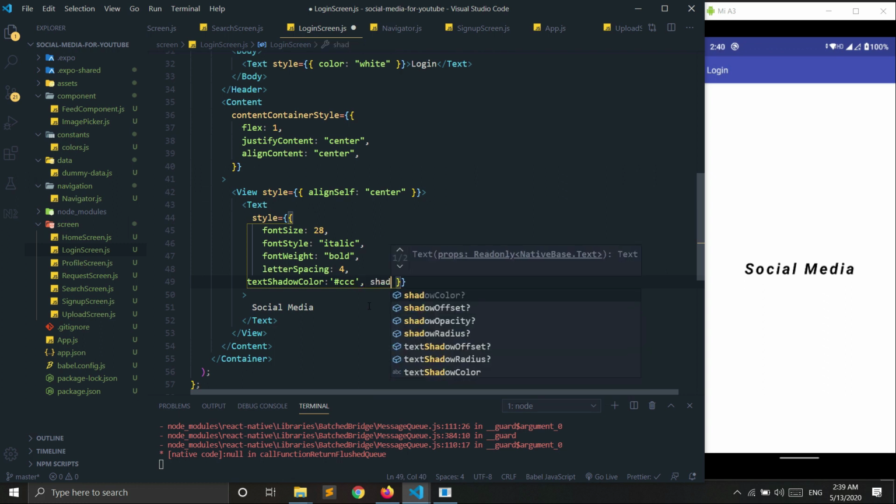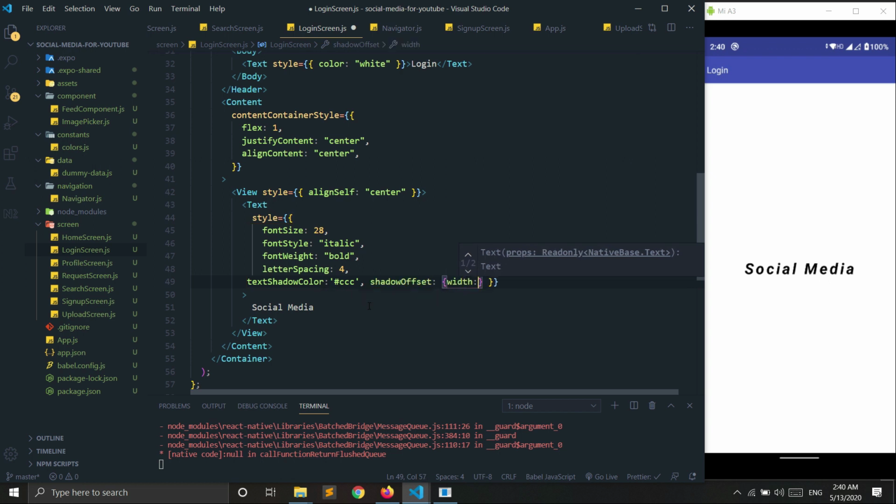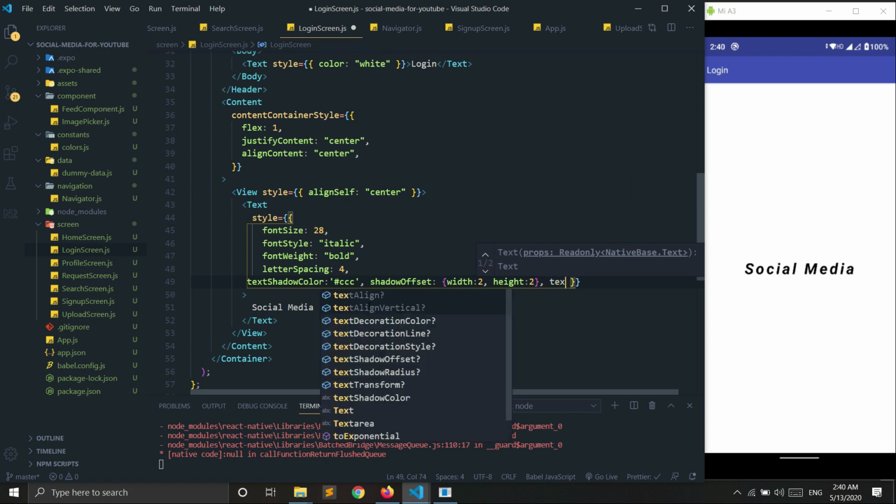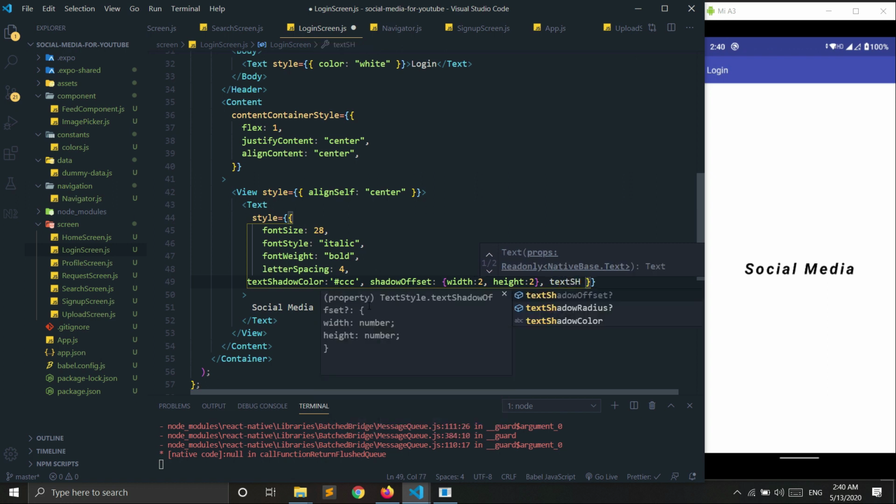And let's give a shadow offset to width 2, height of 2, and text shadow radius will be 2. Okay, so now